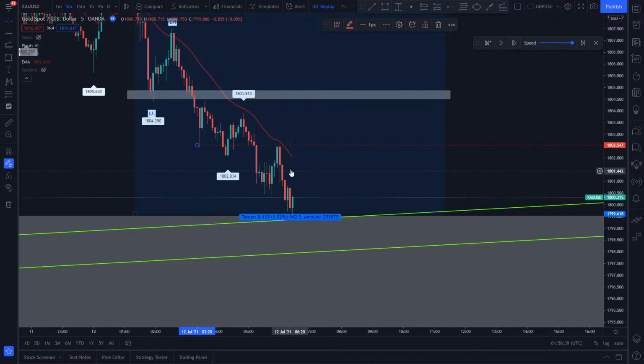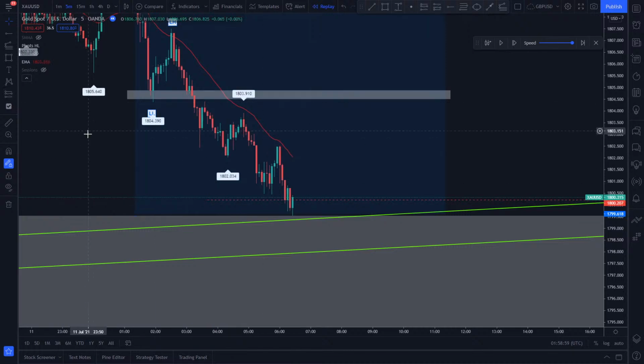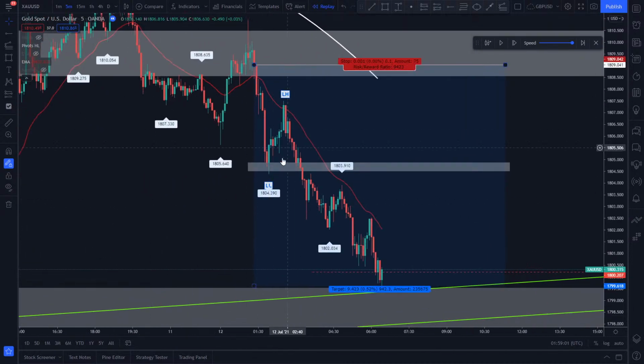Oh, that barely touched my stop loss right there. That's funny. It's lagging a little bit on the live, so I don't know if you're looking at the live still. So it went to 1807 or 1802, right? And then eventually we just take profit. So technically, okay, NTG told me to do this and we can hold, but when you're actually live in the market, it's completely different. Once that psychology, once you're on your own doing the trade,